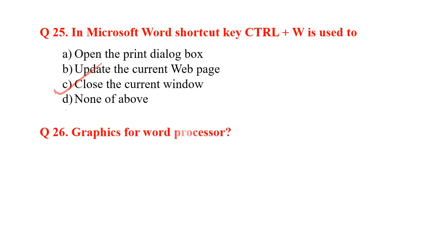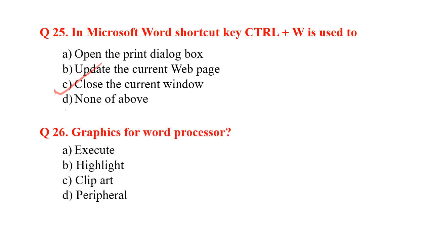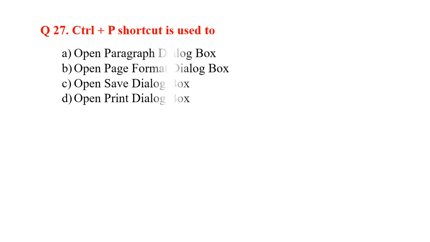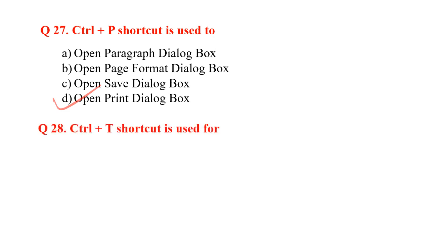Next question. Graphics for word processor. So this is very easy. That is clip art. Graphics for word processor is clip art. Question number 27. Ctrl+P shortcut is used to open the print dialog box. Next question. Ctrl+T shortcut is used for